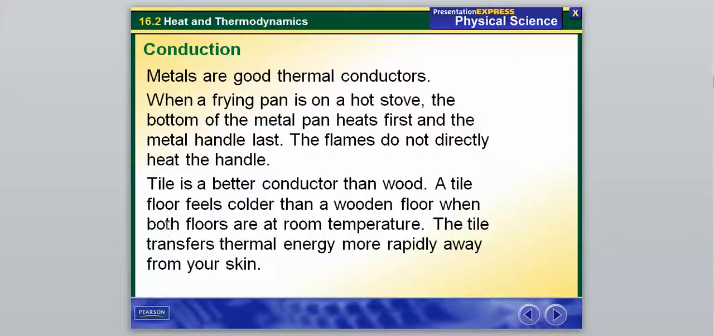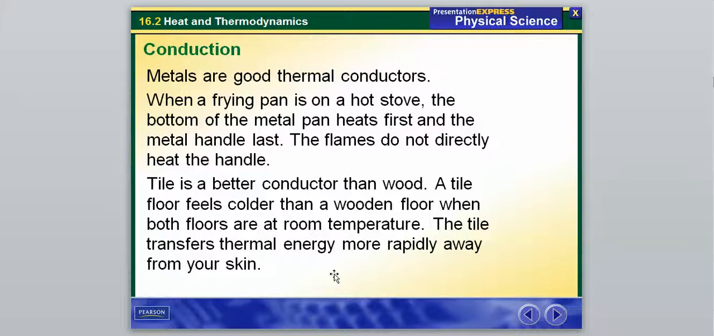Tile is actually a better conductor than wood, because a tile floor will feel colder than a wooden floor when both floors are at room temperature, and that's because the tile is actually transferring thermal energy more rapidly away from your skin. Now you'd think that since the tile feels cooler, maybe the thermal energy isn't able to pass through it, but the reason why the tile feels cooler is because it allows the thermal energy to pass through it and it moves it away from you much quicker,